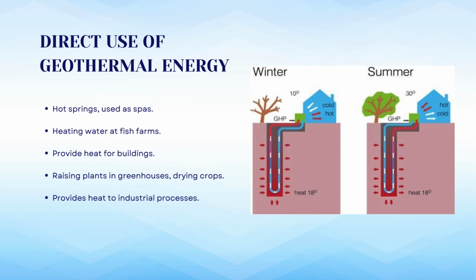The diagram shows the heat which we can obtain in both seasons. In winter, suppose we are getting geothermal energy of 18 degrees, when the surrounding temperature is 10 degrees, we get hotter water of 18 degrees. But in the summer season, the 18 degree water works as cool water because the surrounding temperature is 30 to 35 degrees Celsius. Geothermal springs can also be used directly